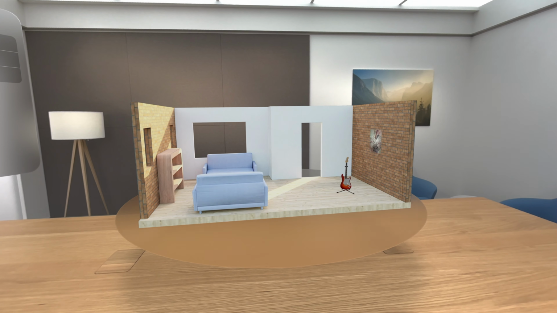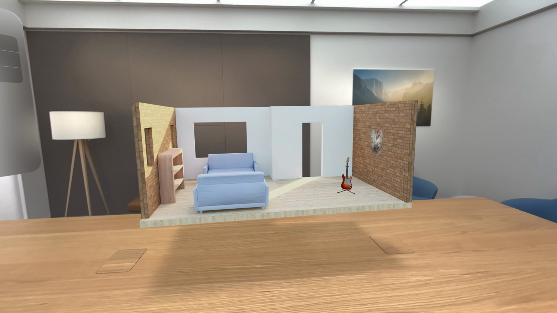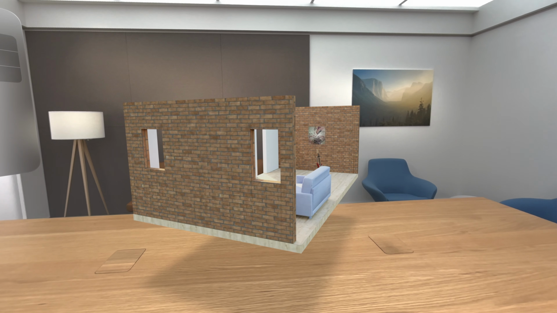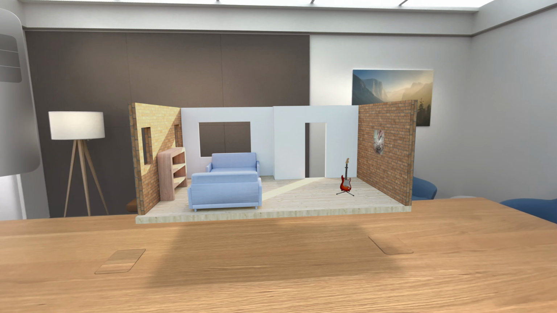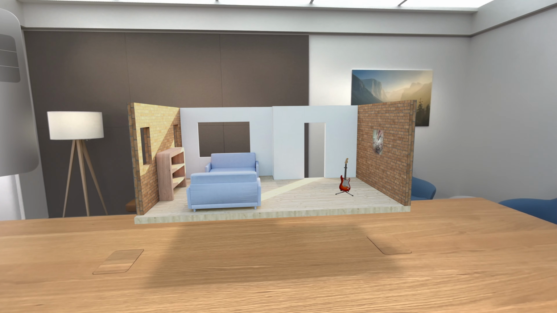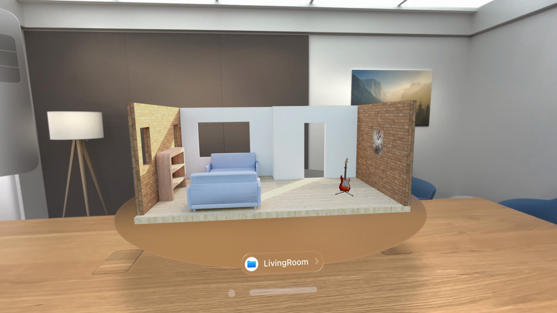Dropping the USDZ file presents a 3D Quick Look preview right where I dropped it. And I can immediately start to interact with it. Using a pinch and drag gesture, I can rotate the model to get a better look at the beautiful exposed brick facade. To take a closer look at the living room, I'll just zoom into the model to scale it up.